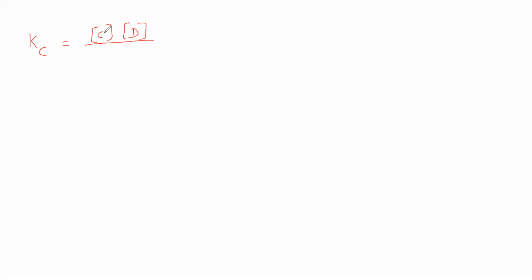Then for these you have to write powers. What power? In the balanced equation, whatever the coefficient is for C, you write it as a power. For D, whatever the coefficient is in the balanced equation, you write it as the power for D. Then what do we write in the denominator? In the given equation, see what is on the left side. A and B are there. You write the equilibrium concentration of A